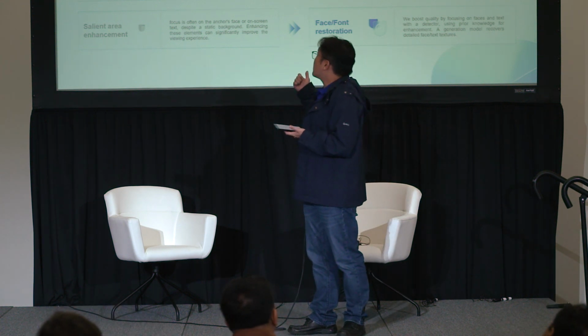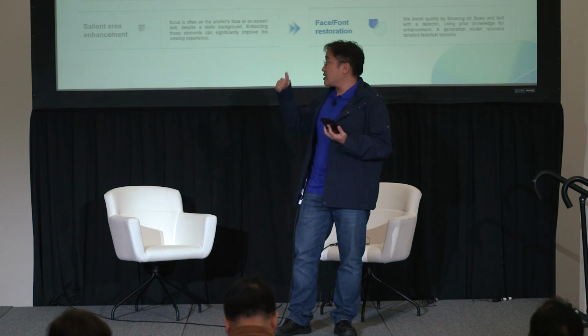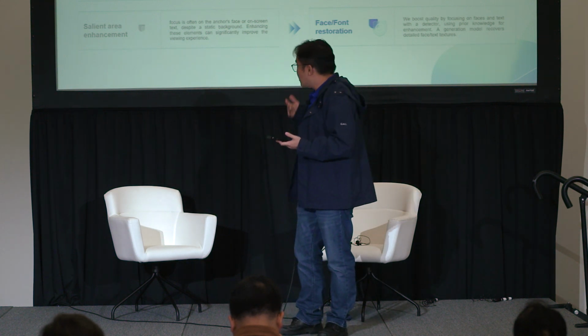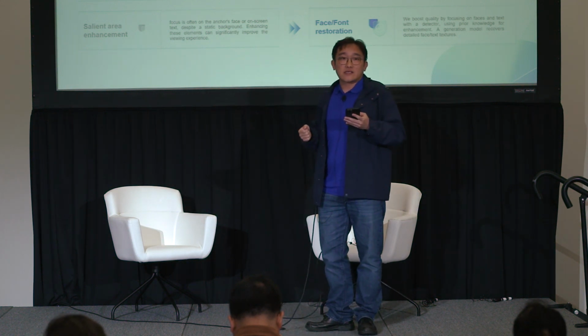So also, when we do the compression, there might be some compression effects. You may see some blurry blocks in the video. You always see that, right? That's a compression block there, and it probably introduces some noise. As well, when you watch the news, you always look at the presenter, not the background. So how do we make the presenter more clear? That's what we do. So next slide, please.